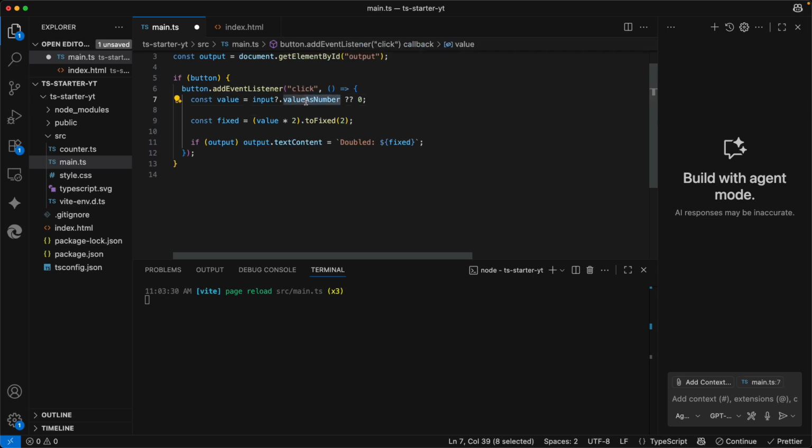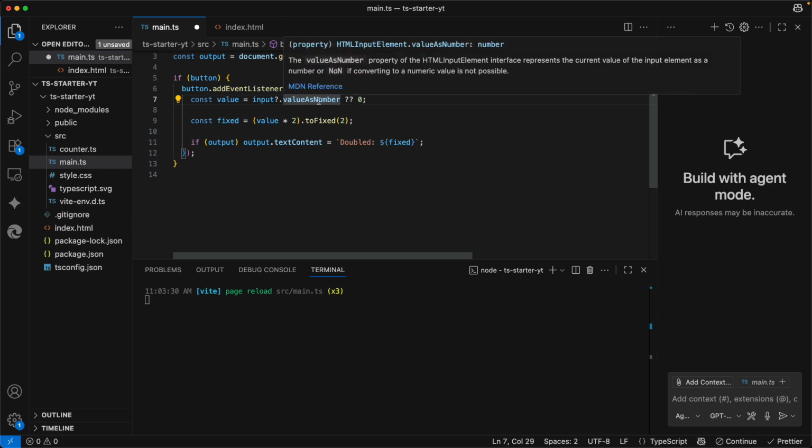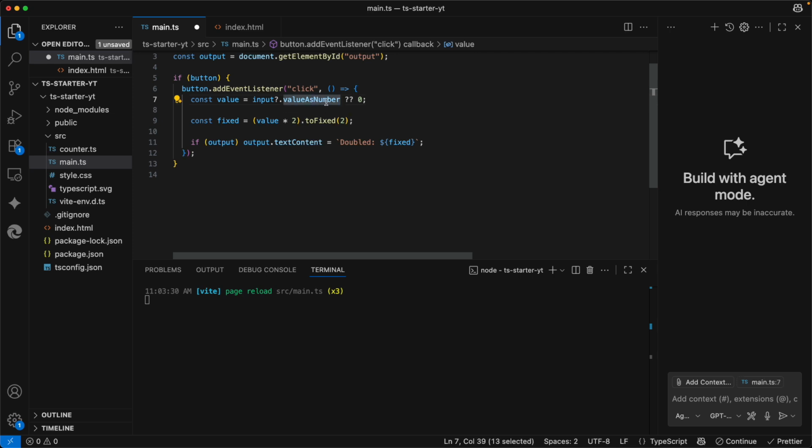So this is a very elegant way of solving the problem here, that value is a string, value as number is a number, and this only exists on input fields with type number, of course. If you have a text input field, then this would be, I think, not a number or null or something like that. So be sure to have a number input field, type number. And to sum it up, this is TypeScript, and we have fixed the problem of using the wrong type here and using the wrong method on the wrong type.